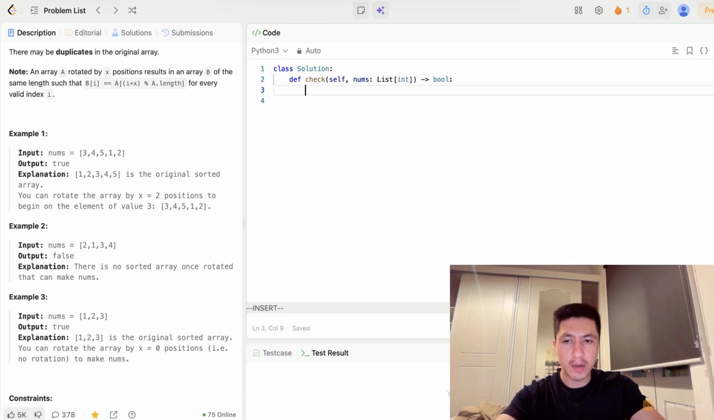We need to keep track of how many elements we've seen where the next element is not greater than the current. I'll keep a count, initially set it to 0, and then I will create n as the length of nums. I will iterate through each number. So for i in range, if nums[i] is greater than,